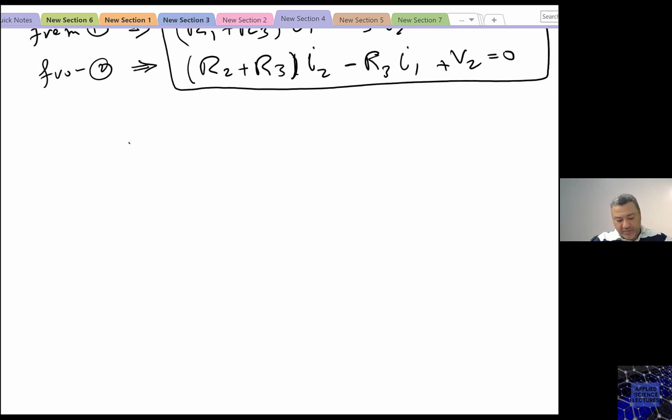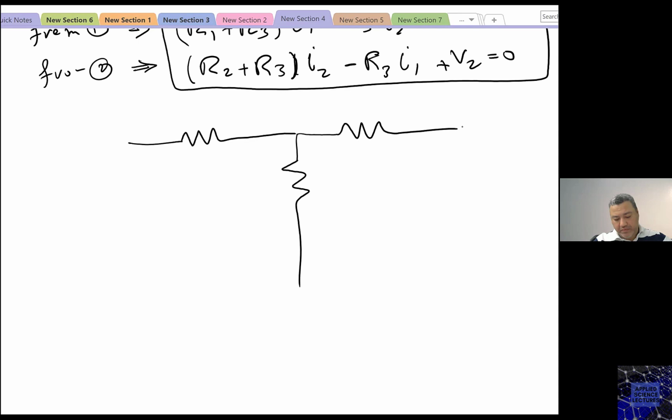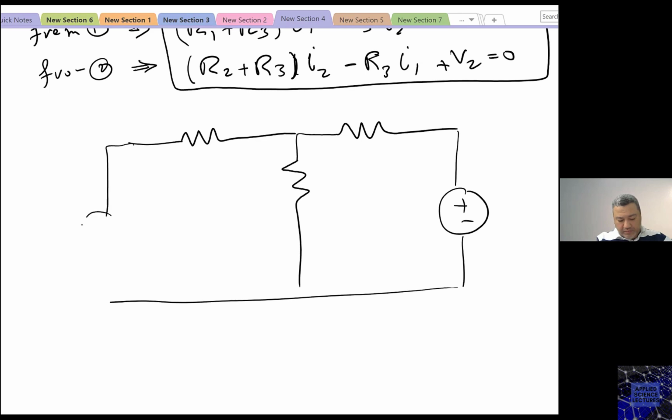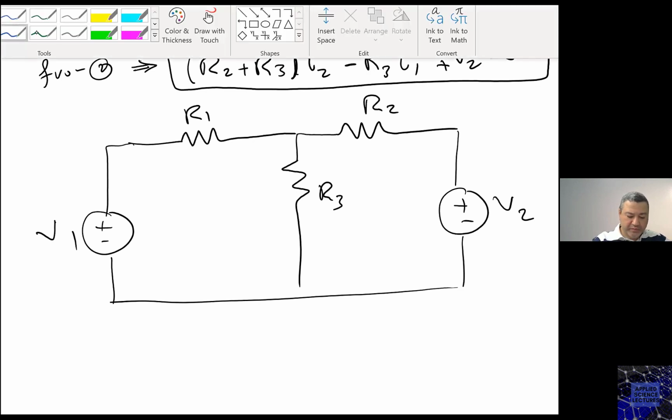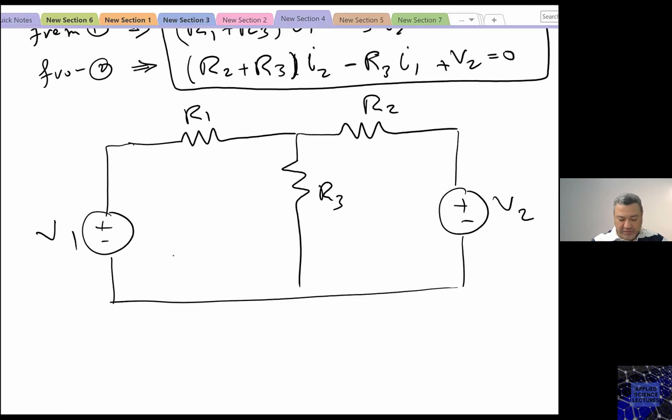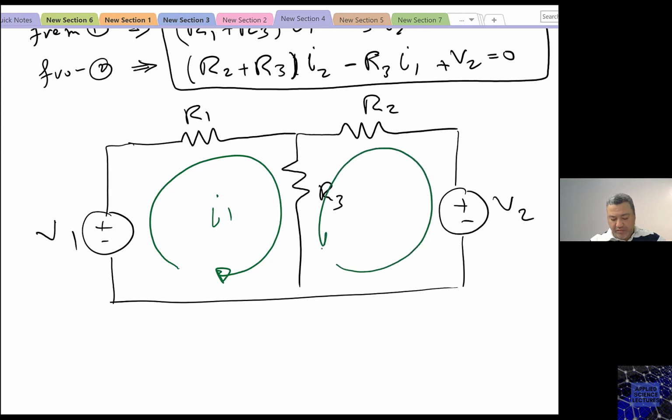So take the same V1, V2, R1, R3, R2. Now, if I take this one going in this direction, and I take this one going in this direction, I2,